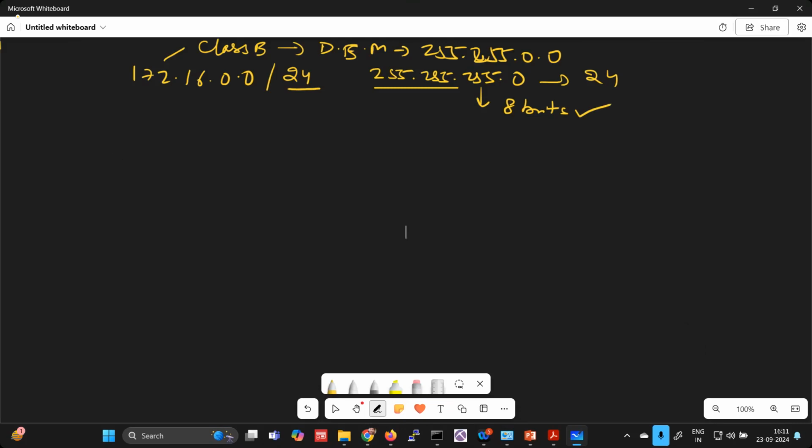8 bits. So the total number of subnets with this example will be 2 to the power 8. Here -2 will not be there because we are calculating the subnet. This is the total number of smaller networks that will be generated with the help of this new subnet mask, 255.255.255.0. So 2 to the power 8 means